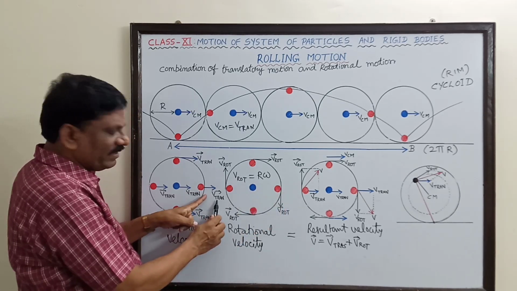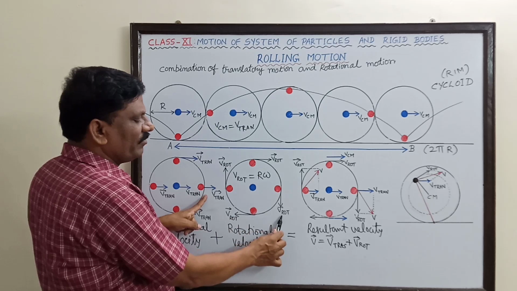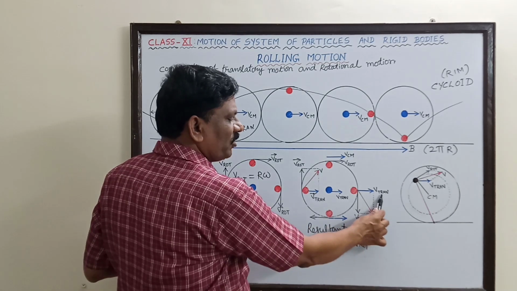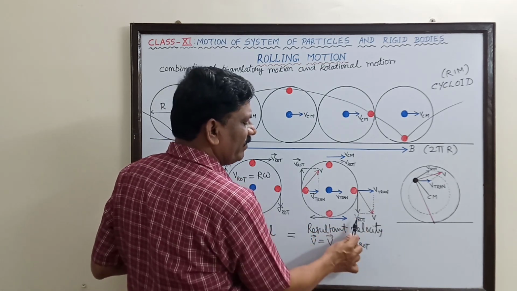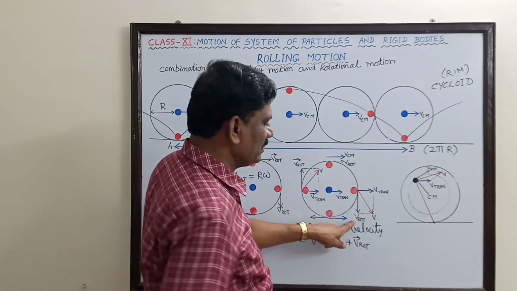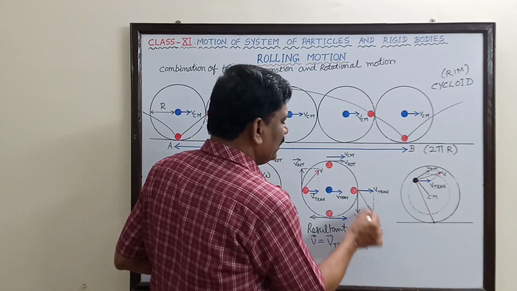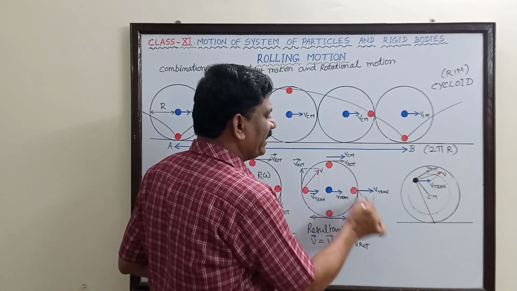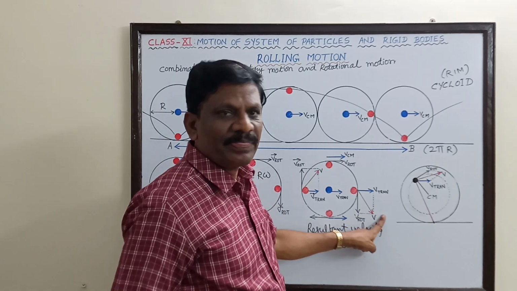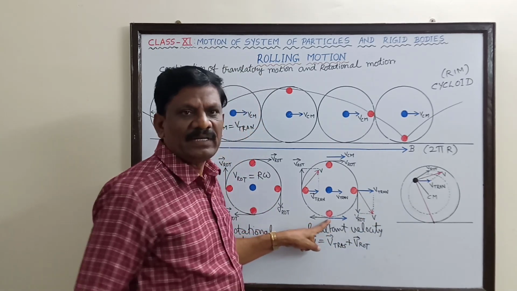So here the direction of translatory velocity and the direction of rotational velocity I have projected here. Direction of translation velocity and rotational velocity. So you see the resultant velocity both in magnitude and direction. Similarly, at the point of contact,